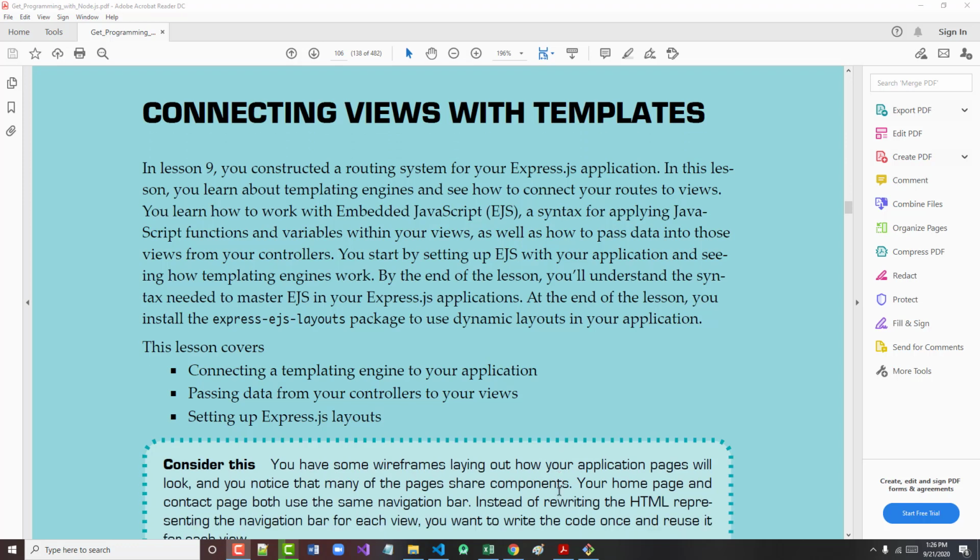The author in our book uses EJS, embedded JavaScript. What it is, if you think about it right now, you've got the index.html in your capstone, you've got courses.html in your capstone, and you've got an about page or something like that. Those are your three main ones, right? But the problem, so to speak, with what you have, and it's a problem with client-side code, is that it's hard